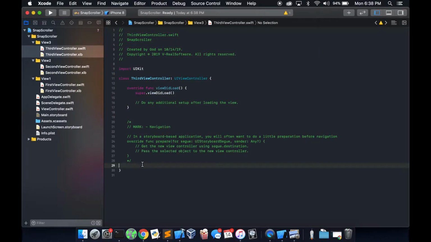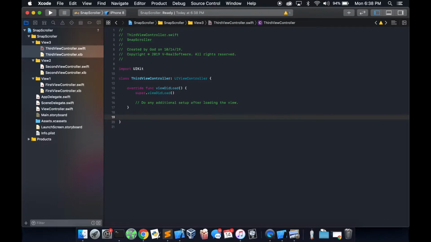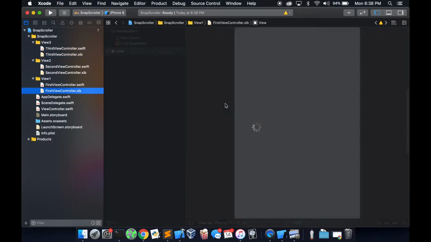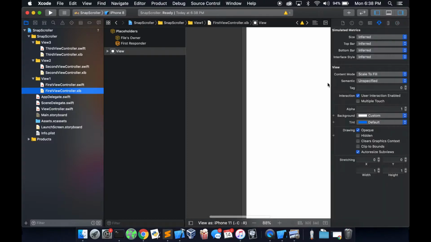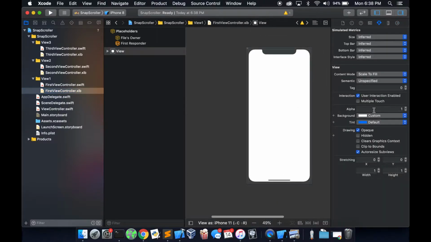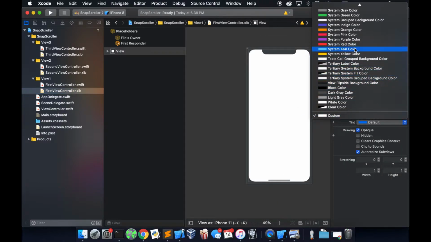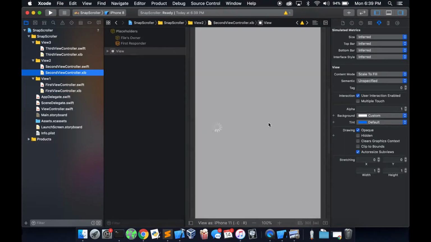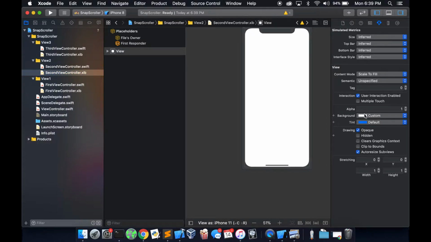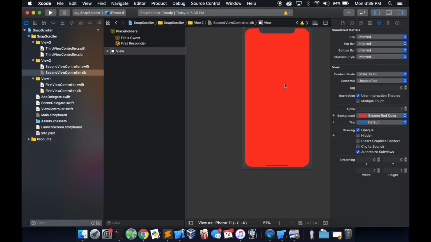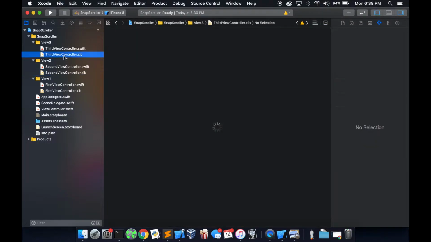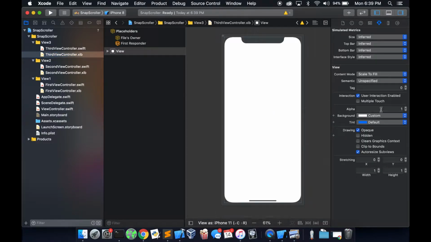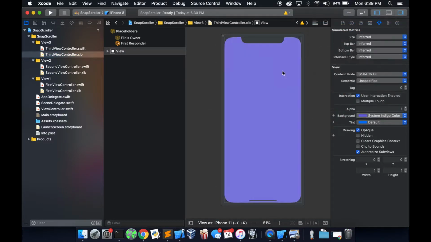Alright, so once we have these all created, I'm going to just go into the nib files and then just change the background color so we can see the different views on the screen and we can tell which one is which. Make this one blue. I'm going to make this one red. And then the third view is going to be purple. And so now we go back into our view controller,